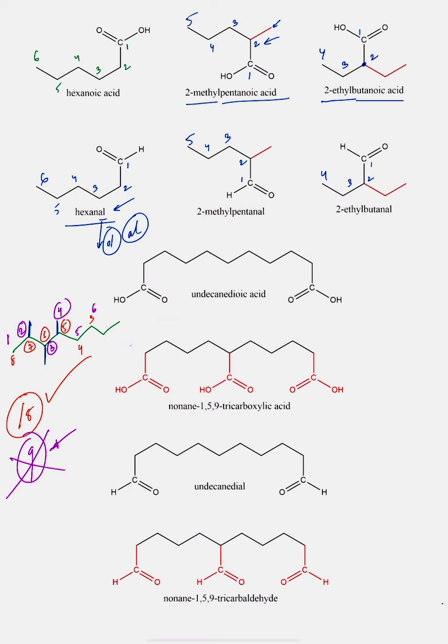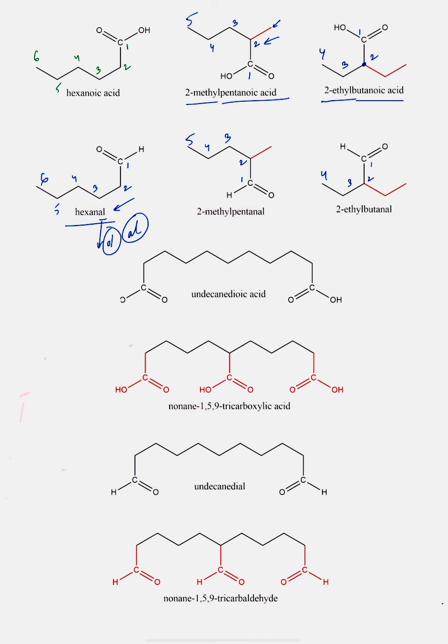Whenever the situation demands, we have to just override the lowest sum rule. So let me go to the next structure. What happens if you have two COOH groups on the same molecule? In case of having two COOH groups, you start at either of the groups and